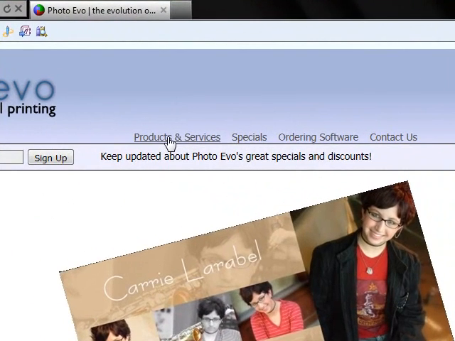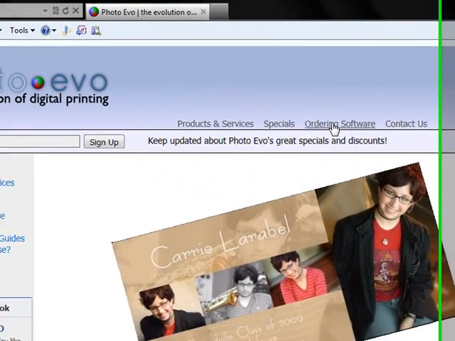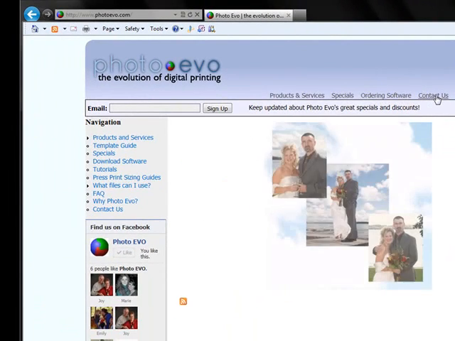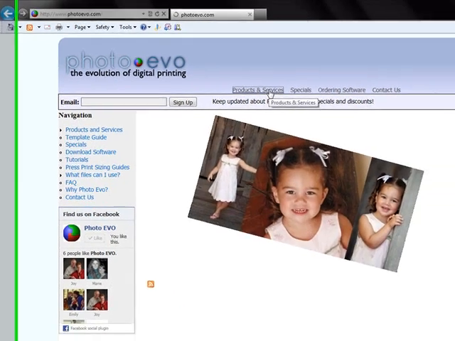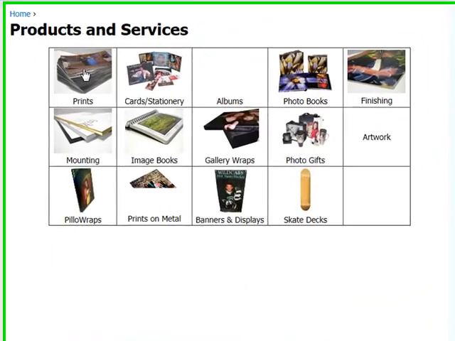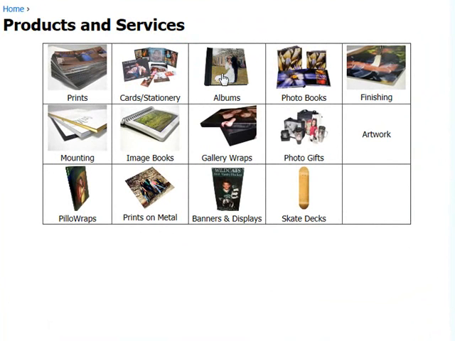As you see, there are products and services, specials, download the ordering software, and also a contact page. Let's start out by going to the products and services. Inside the products and services, you'll find prints, cards and stationaries, albums, photo books, finishing, mounting, image books, gallery wraps, photo gifts, skate decks, banners, metal prints, and pillow wraps. There's a ton of different products in here that you can click into and see the prices of these objects